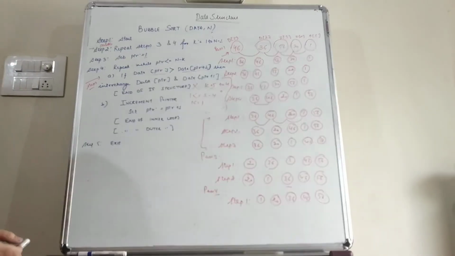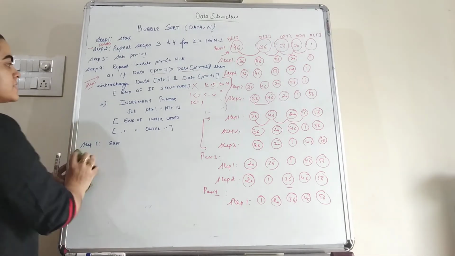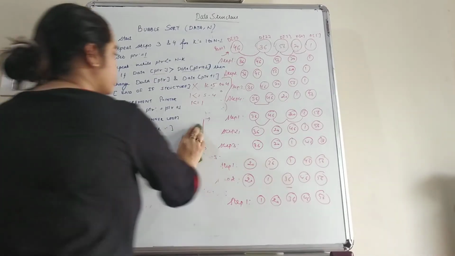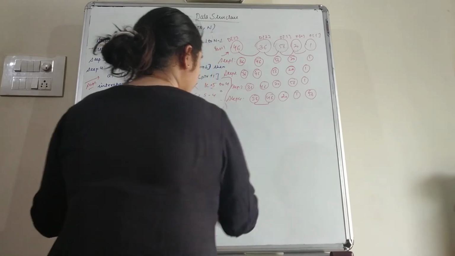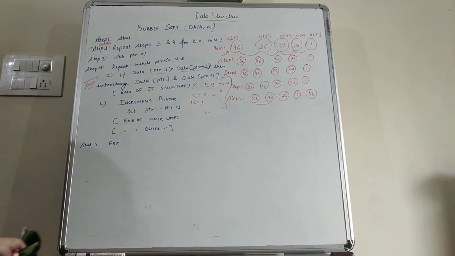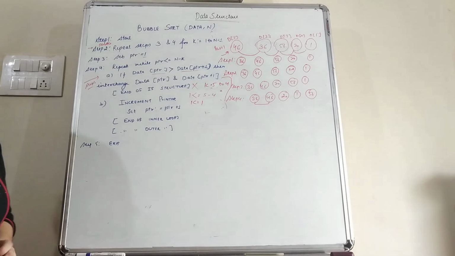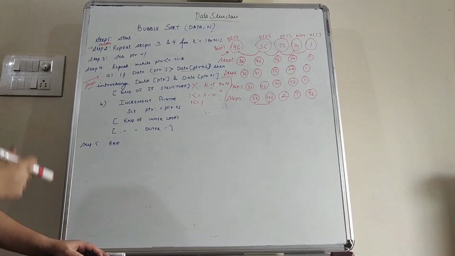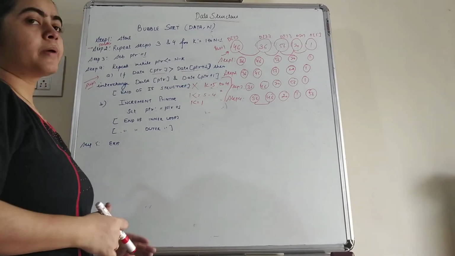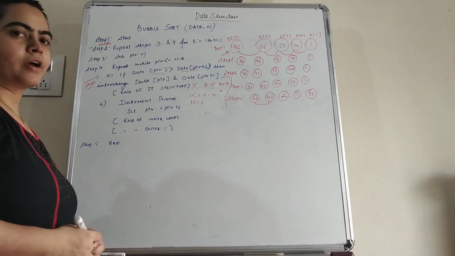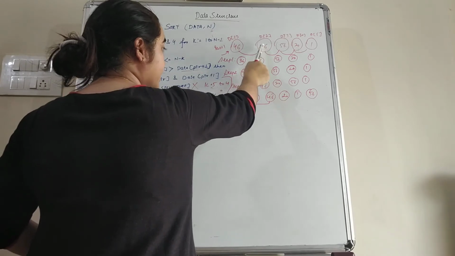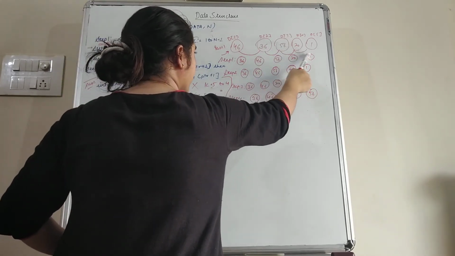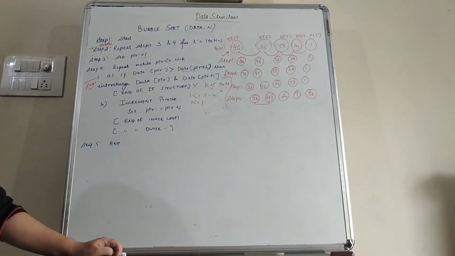Now students, we can see the complexity in case of the bubble sort. So how you can find the complexity in case of the bubble sort? Students, while in the pass one you are comparing the data element, then at the end for the comparison, how many comparisons are required if the number of elements are 5? 4 comparisons are required. First is with first and second element, then second with third, and third with fourth, and fourth with fifth. So if the number of elements are 5, then number of comparisons are 4.